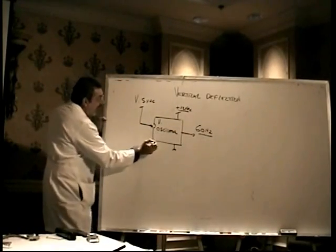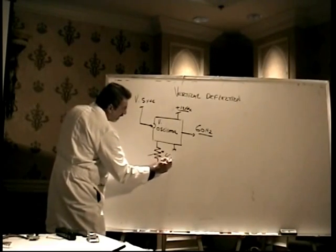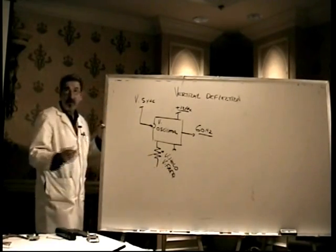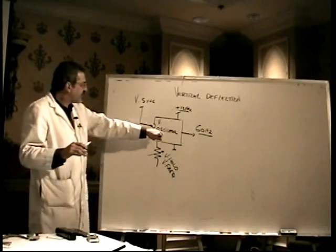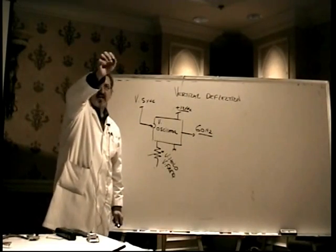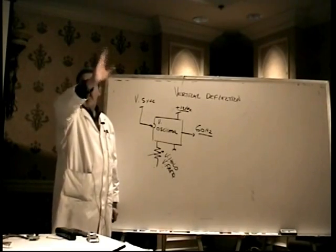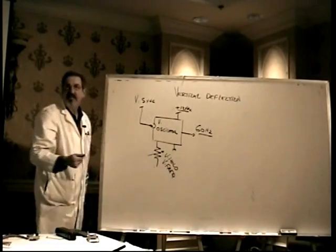And in fact, if you have a monitor that does have a vertical hold control, which is not all of them, they don't all have vertical hold controls, you may find it also labeled vertical frequency in some monitors, as that's really what you're doing. When you're adjusting the vertical hold control, you're adjusting the frequency of the oscillator. So depending on where you have that potentiometer set, you might be able to adjust it to 50 hertz, 55, 60, 65, 70. You kind of get it somewhere in the ballpark, and the sync signal comes along and locks it in place